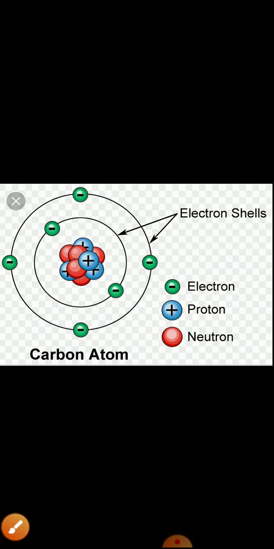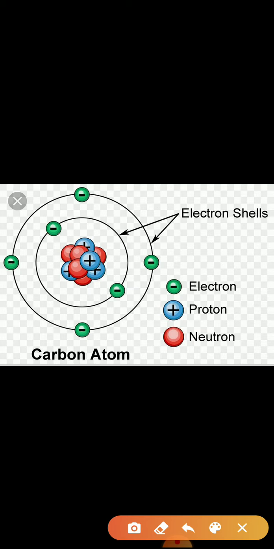Now second, we'll see the extranuclear part. The extranuclear part of the atom structure includes electrons. See, this is the nucleus, and inside the nucleus protons and neutrons are there. Around the nucleus, electrons are moving in different orbits, as we have studied in Bohr's model. Electrons are called the extranuclear part. Electrons are negatively charged. These are the electrons, moving in different orbits.